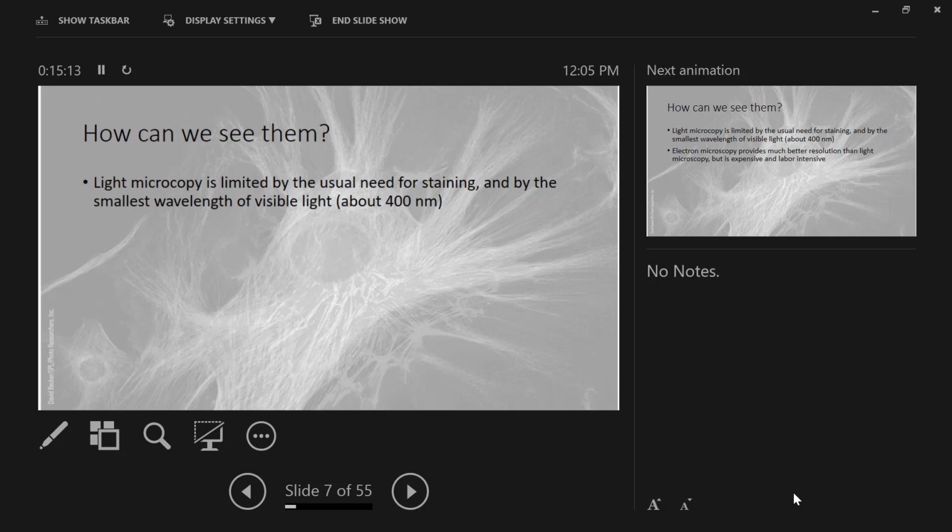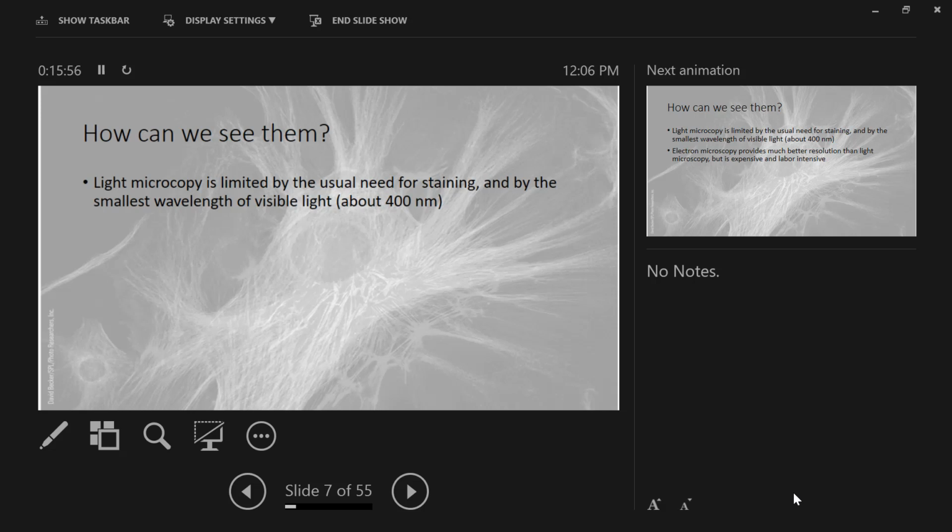These light microscopes need basically visible light in order to be able to display an image, to create the contrast necessary for you to see it. The smallest wavelength of visible light is 400 nanometers. Any light with a wavelength smaller than that is not visible light. Meaning the smallest objects that we can see using light microscopy are things that are 400 nanometers. Like, that's really small, but there are living structures that are smaller than that. And you'll see why we talk about living structures in a minute.